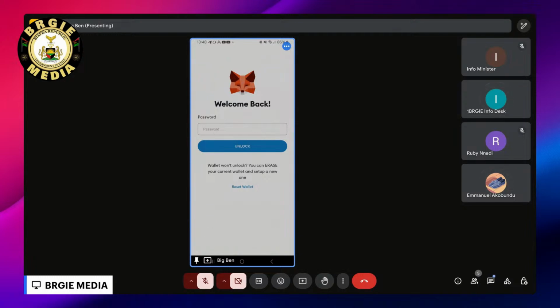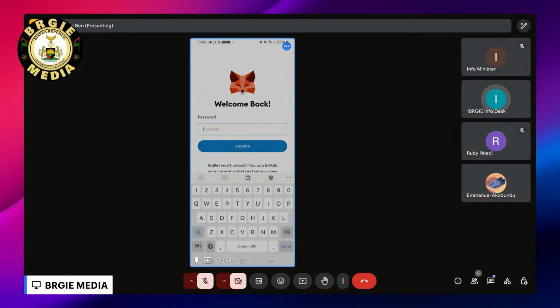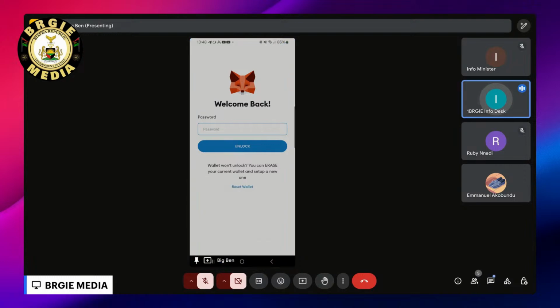So hold on. Stop. We can see what you're sharing, and so